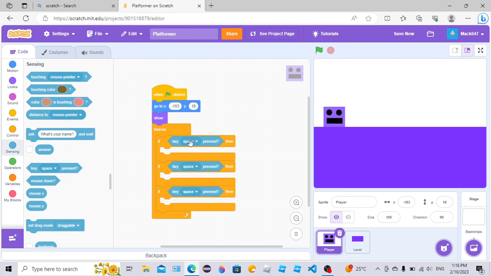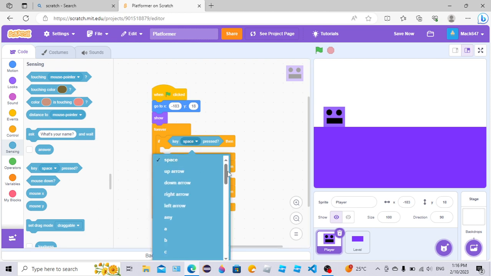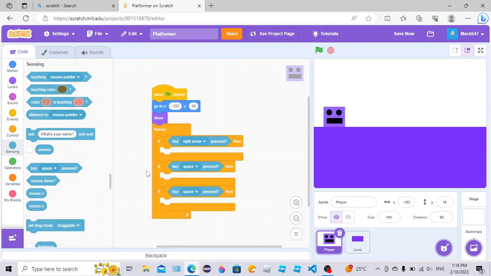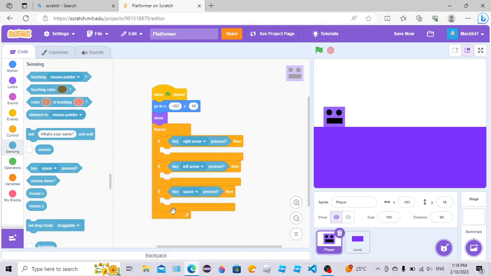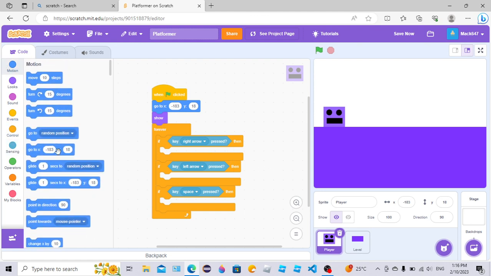And so this first one can be, I'm gonna go right arrow, which should go this way, and left arrow. And this we can just leave space. Let's jump. So for right arrow, it's pretty easy. All you want to do is